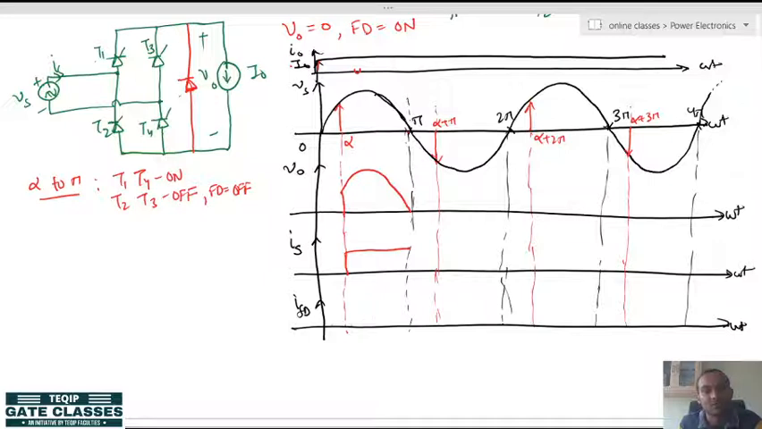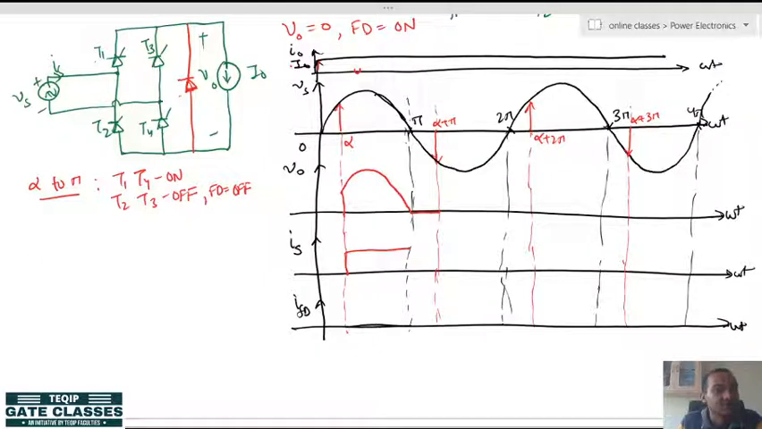Freewheeling diode current also. Till this time the freewheeling diode current is 0. Now, at pi the freewheeling diode will take over the conduction. When the freewheeling diode takes over, the output voltage will be 0 because the terminals are shorted. So the output voltage will be 0, and the source current, now when the freewheeling diode is there, all the 4 thyristors